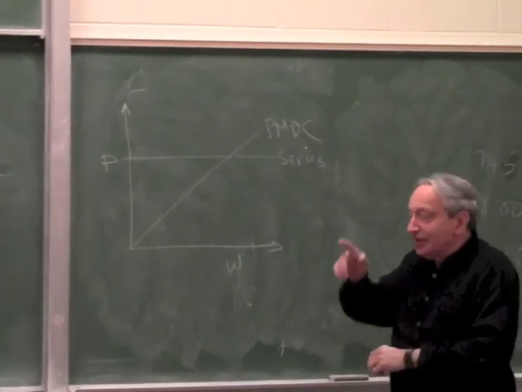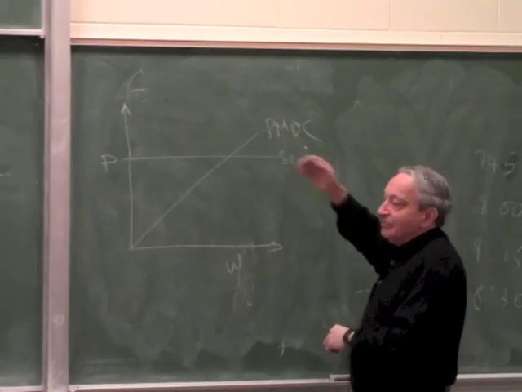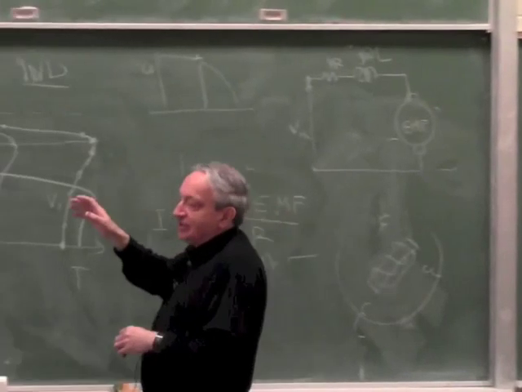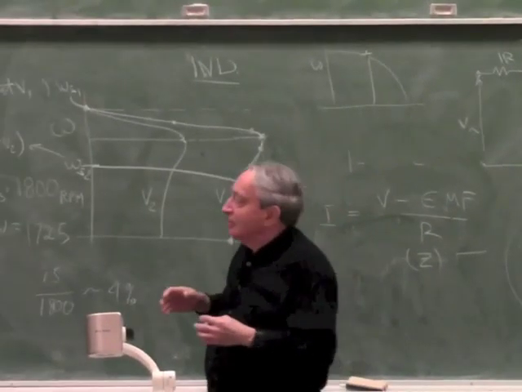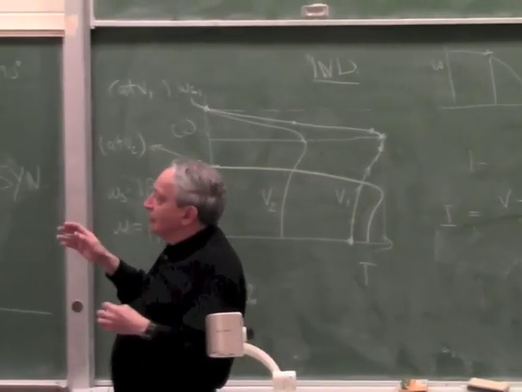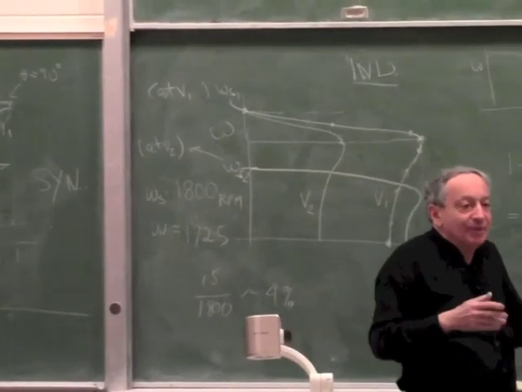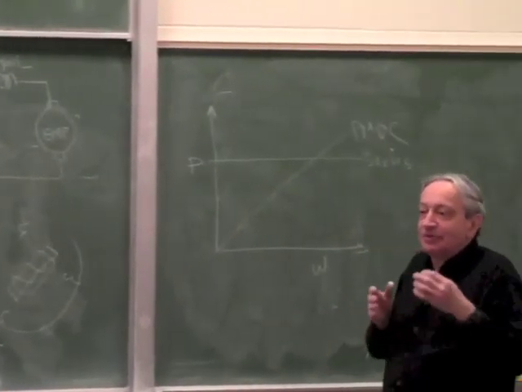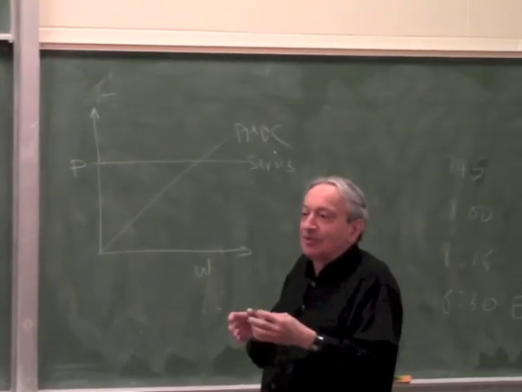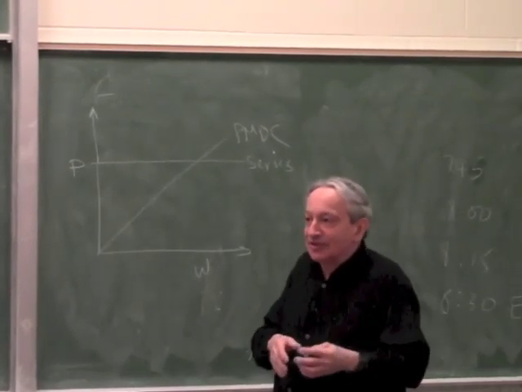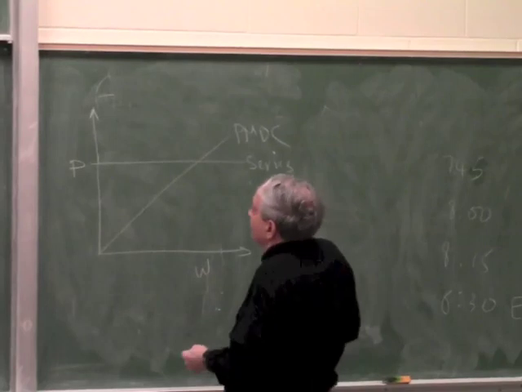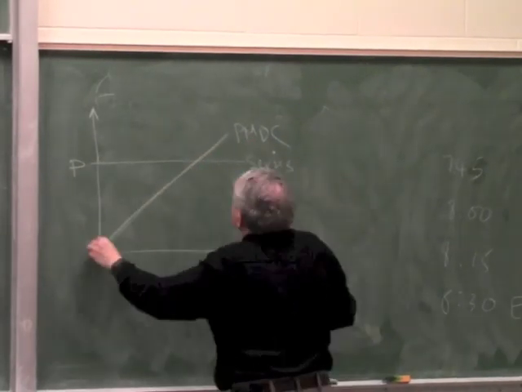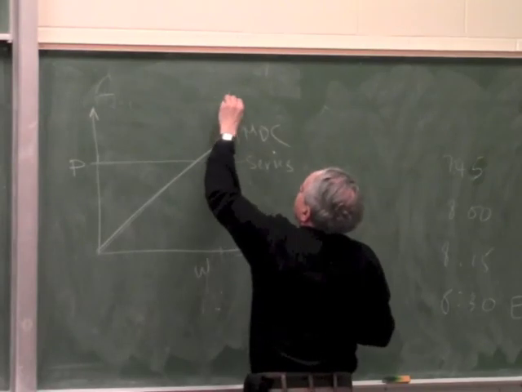Linear, very good. It looks exactly like a PMDC, because the torque will be constant. If I play around to get constant current, I'll get constant torque. And now if I get constant torque and I change omega, power is torque times omega. So if I keep the current constant, I'm keeping the torque constant. If torque is constant, it will be exactly like a PMDC. So this is PMDC and